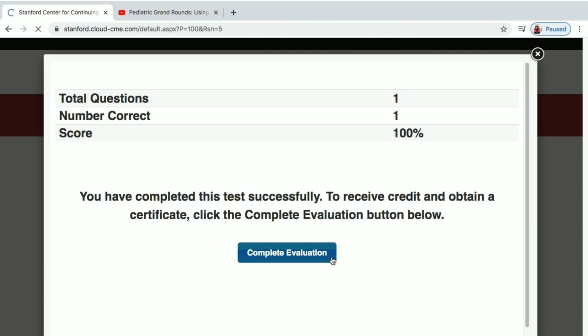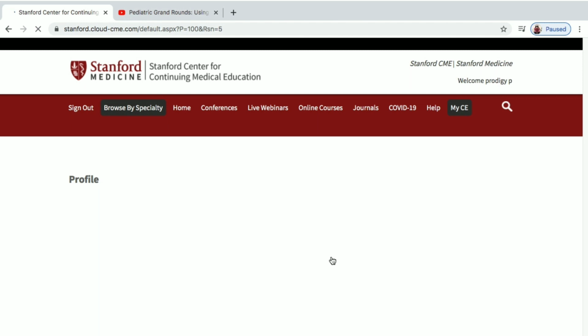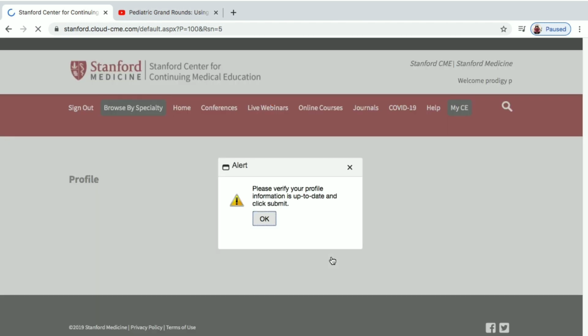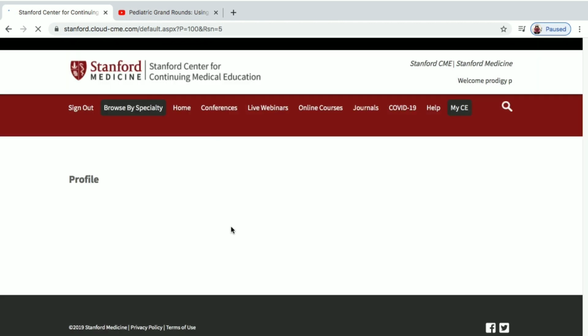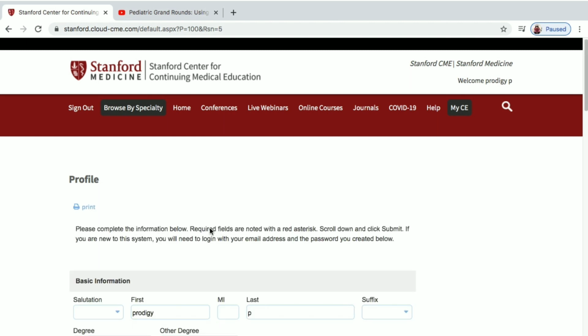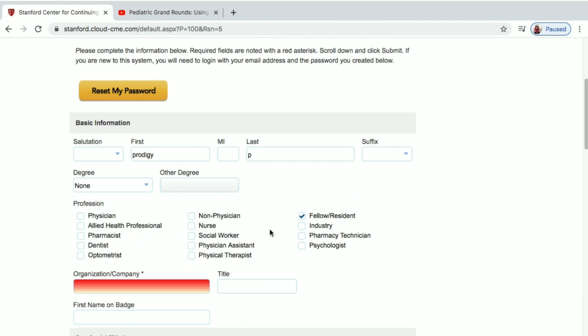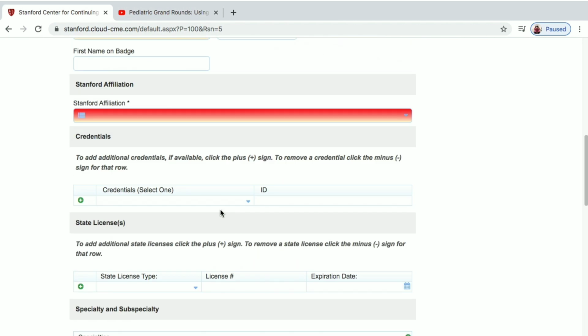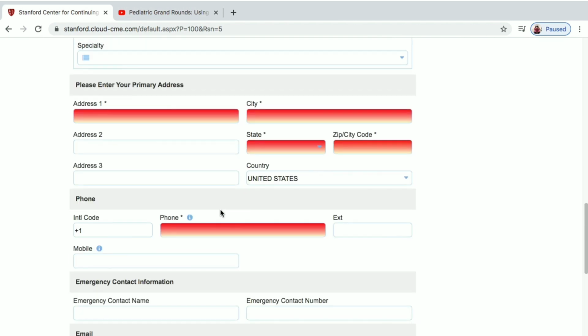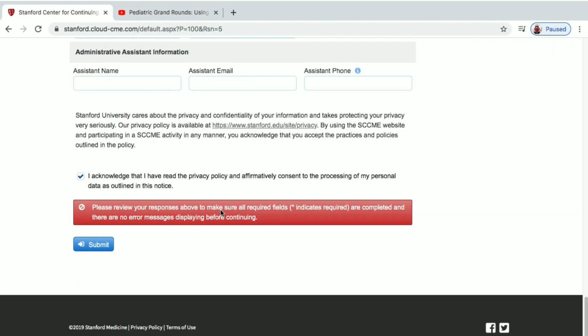Click on complete evaluation, and you will be coming here. Click on OK, just a prompt, verify your profile and then click on submit. These are just basic details, like your name, address, phone number and which city you belong to.